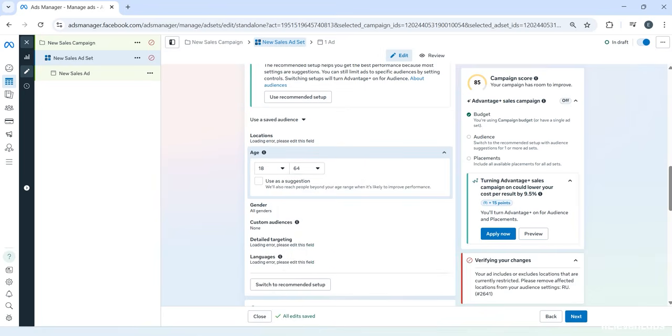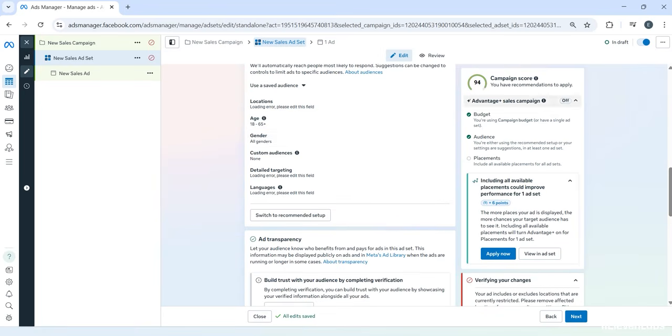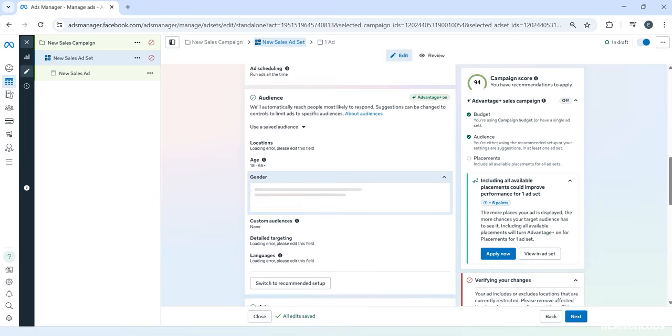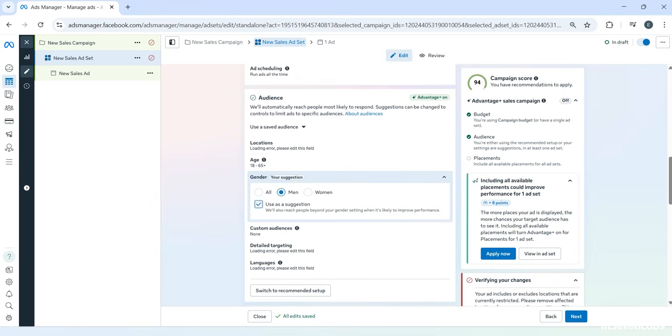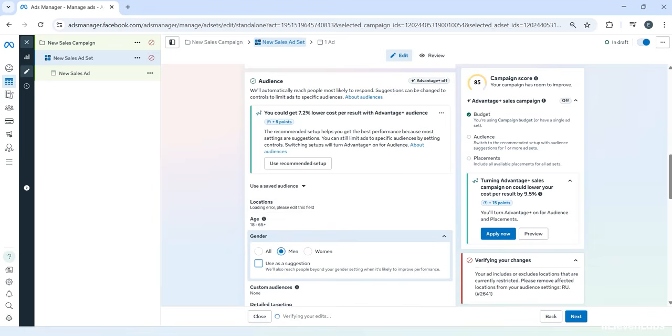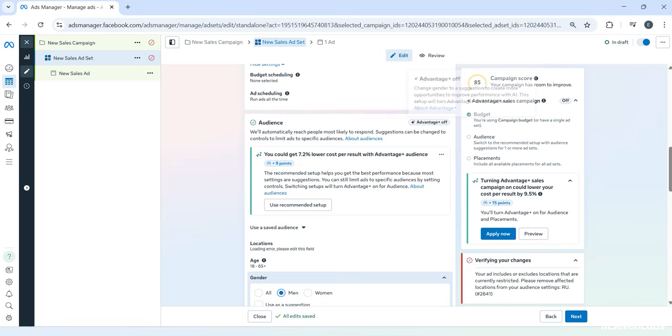However, it is not mandatory that you restrict the age range. For example, you have the option to keep the age setting exactly the same and instead narrow your focus in different areas. Now, let's change the gender setting. For instance, we'll select male, and you can see that Advantage is also being disabled. Try switching between the various available settings. You will quickly understand which option is most beneficial for you.